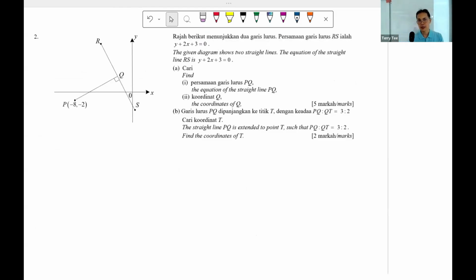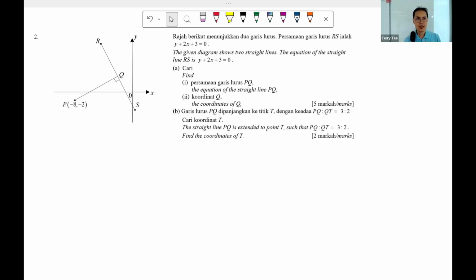Okay, question number 2 is from coordinate geometry, Form 4, chapter 7. The diagram shows two straight lines. The equation of straight line RS is given. Find the equation of straight line PQ. Okay, so for PQ, right,